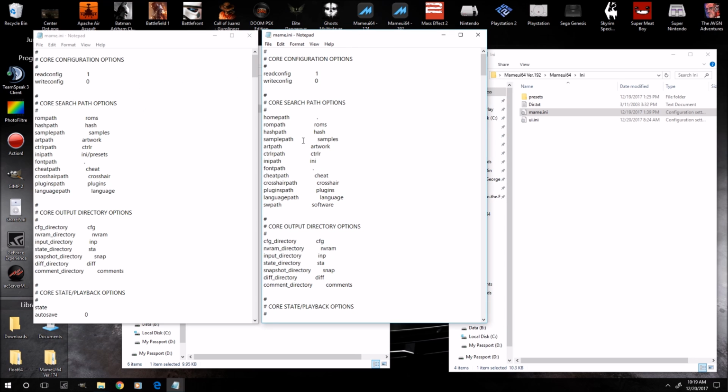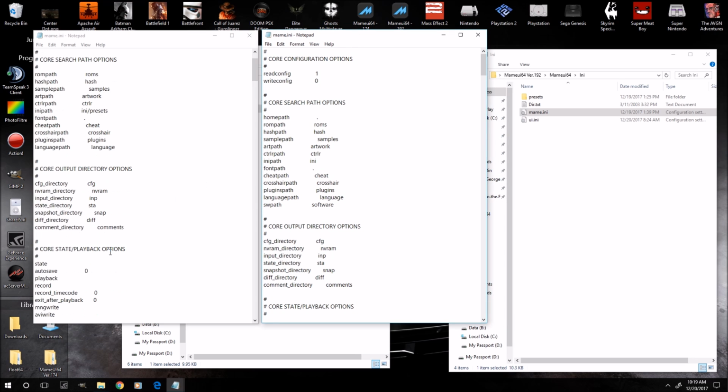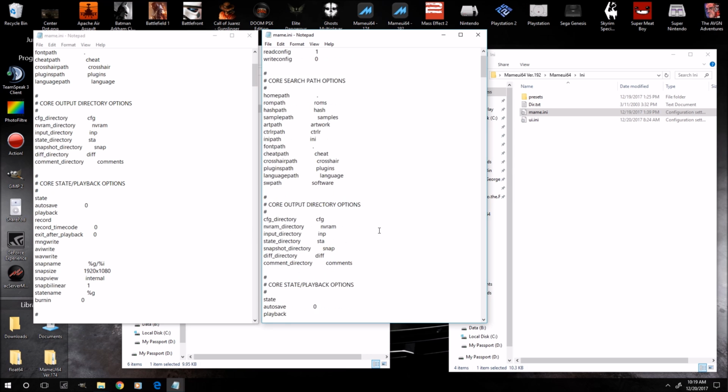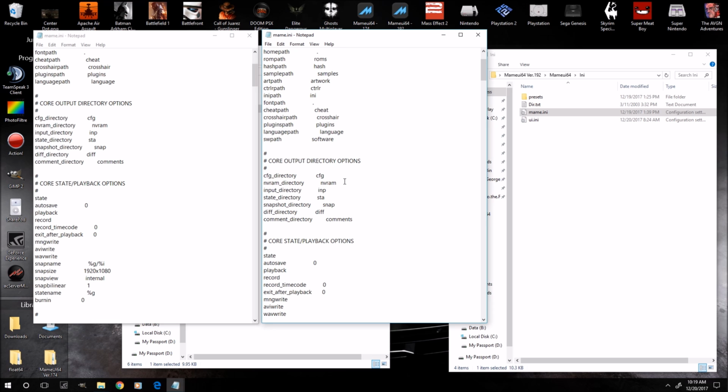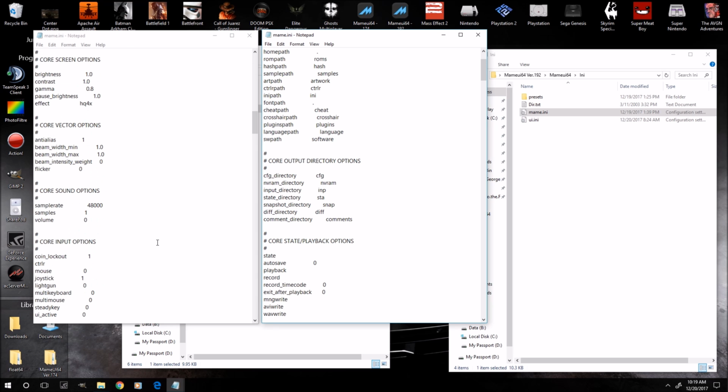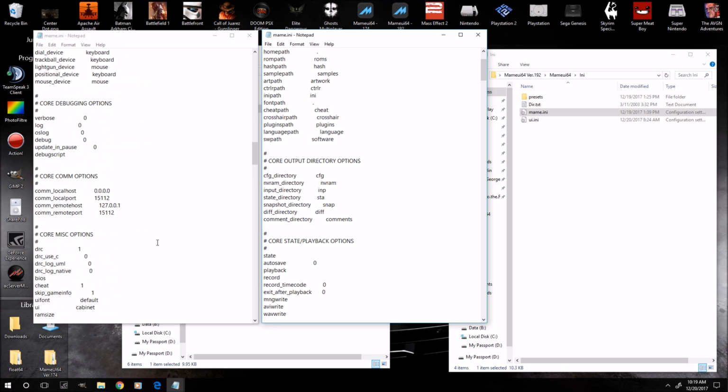You can go across and see if there's anything different, but for the most part, you can just copy and paste over certain information. But there's little things here and there that are just a little bit different. For example, here in the new one it says software path, and that's not in the old one. Little things like that. In the audio options,